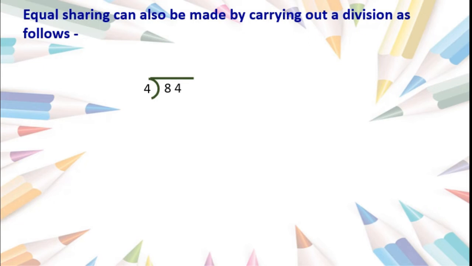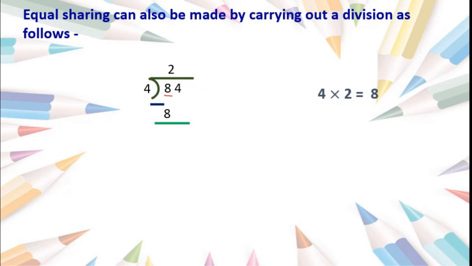Here you can see, 4 is in the unit place and 8 in the tens place. You can say 4 units and 8 tens. So always we must divide the tens place with the divisor. Okay, 8 tens. So we will recite the 4 times table. 4 ones are 4, 4 twos are 8. We got 4 twos are 8, isn't it? So we will write 2 tens up, above the 8, means the tens place. 4 twos are 8, we will write down.